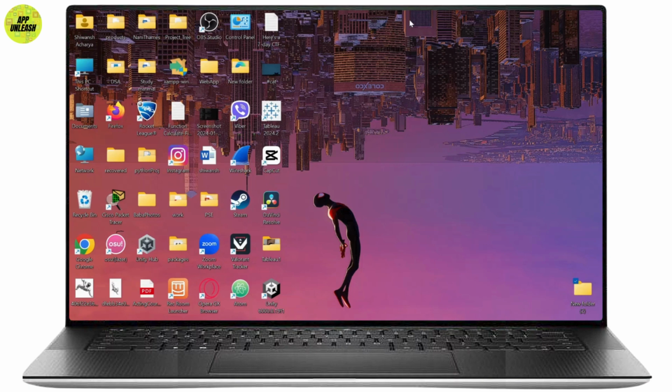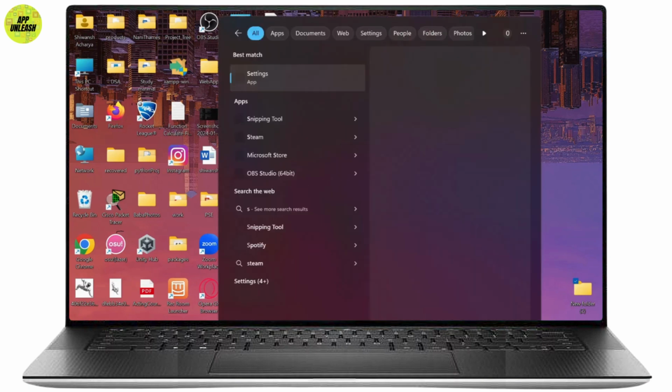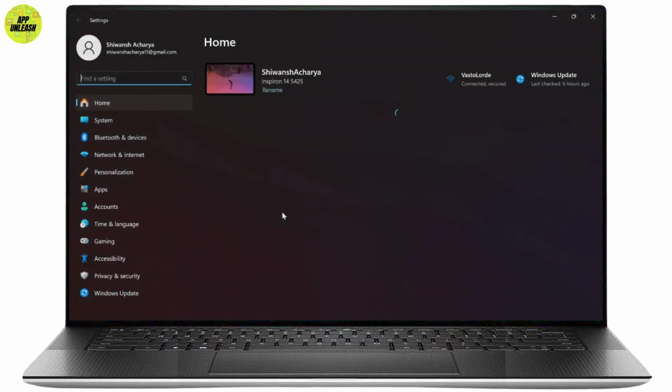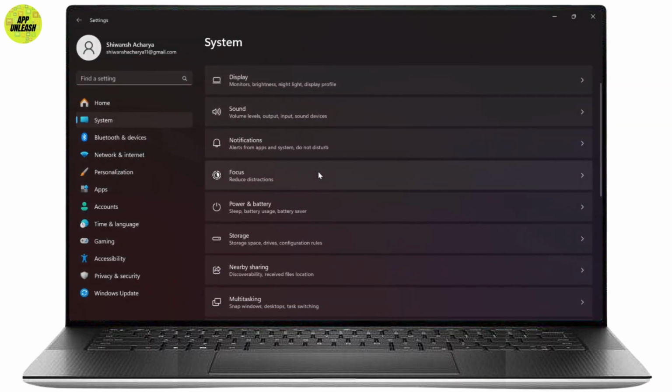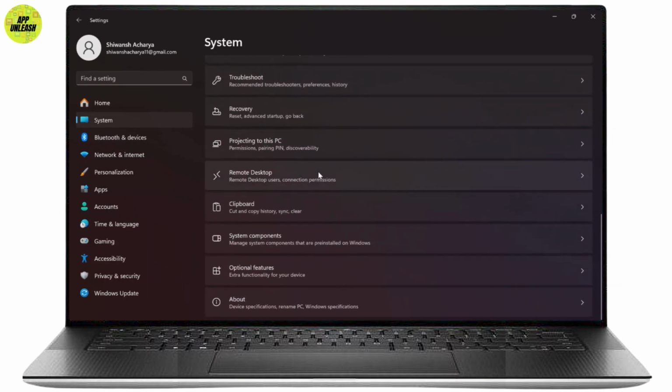Now let's start. So the first thing you'll want to do is open up your settings. So just go to your search bar and search for settings. Now after you open settings, go to system. Now when you are on system, just scroll down till you find the about section. Tap on about